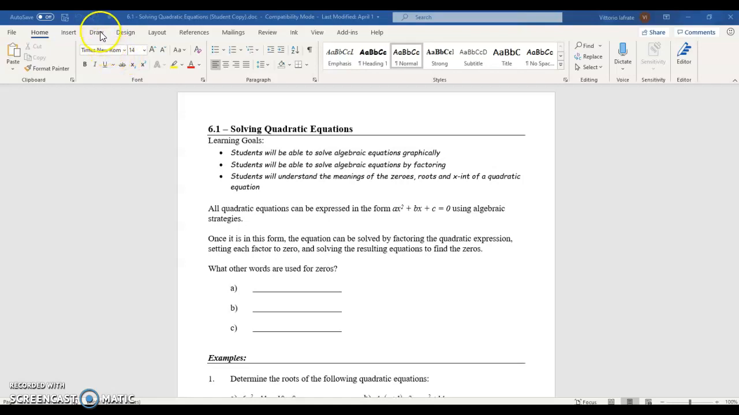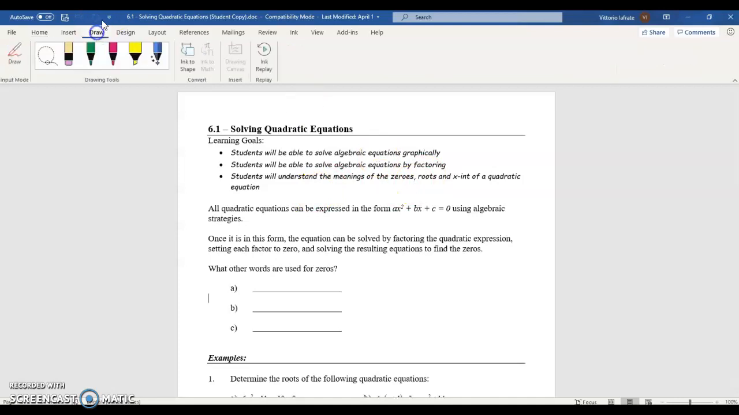This is part 1 of lesson 6.1. We're going to be doing solving quadratic equations. And so pay close attention to our learning goals. By the end of this lesson, you'll be able to solve algebraic equations graphically, also by factoring, and then understanding what it means to find zeros, roots, x-intercepts of quadratic equations, how they all relate to each other, what does